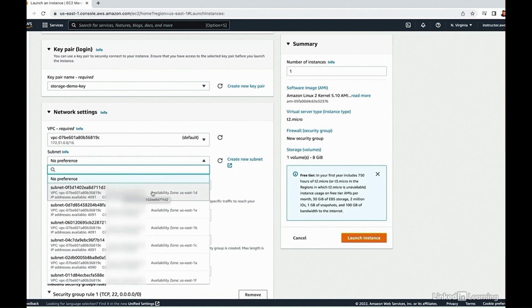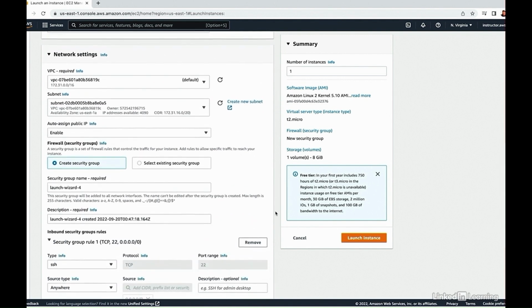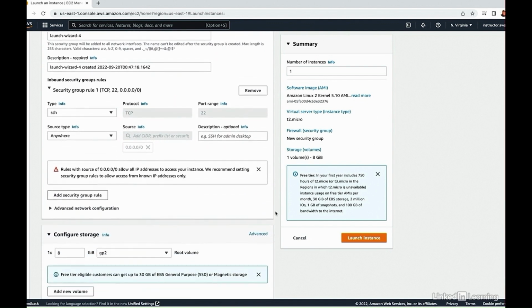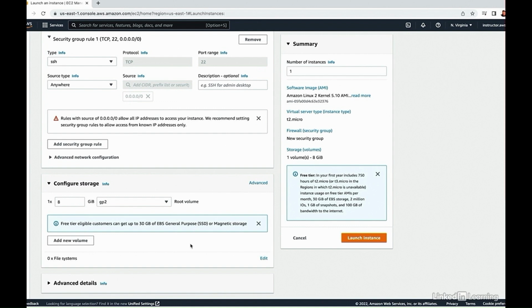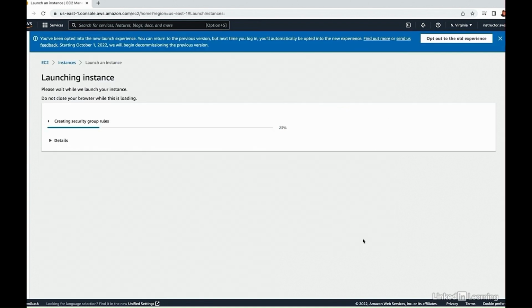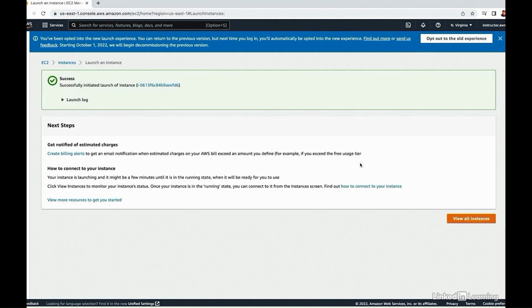and choose the one that's in the availability zone that matches EBS Demo 1. For me, that's right here, US East 1A. We'll keep everything else at the default, allow it to create the SSH from the world security group, and keep storage at just the one root volume. Click Launch Instance. Now, while this instance is being created, we can click into the ID of the instance and